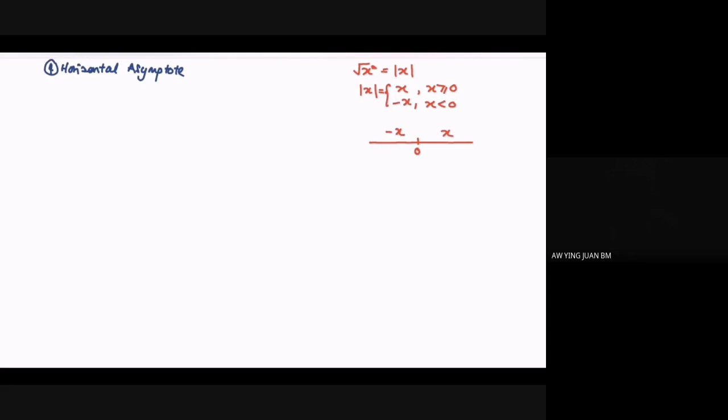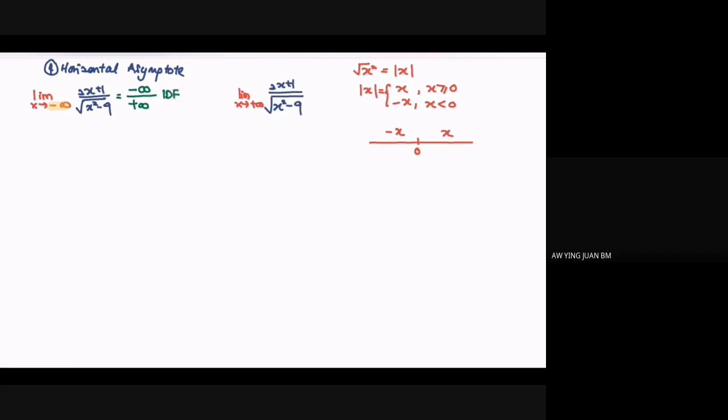Find the horizontal asymptote. So we need to state limit when x approaching negative infinity, and another case, limit when x approaching positive infinity. Kindly substitute the function. We have 2x plus 1 over square root of x squared minus 9. Same goes to the right hand side. So let's begin the discussion on the left. If we substitute the value into the function, we will have negative infinity for the numerator, and for the denominator, obviously we will have positive infinity. So this is denoted as indeterminate form.